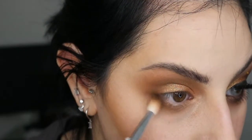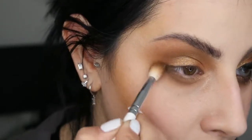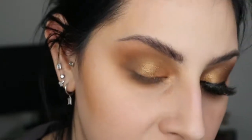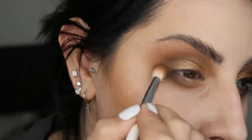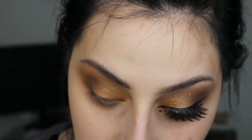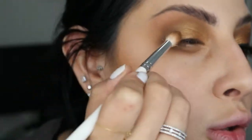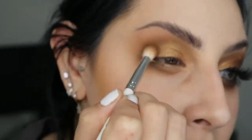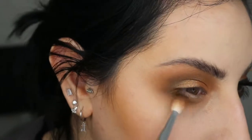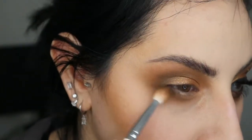And I'm just gonna pack this on the outer corners of my eye and bring in a little bit more shadowing and a little bit more definition and darkness, just a tiny bit. And this color is really pretty because it looks dark, but it's not super duper dark. It's just gonna smoke out the look, which is what I really like in a bronzy smoky